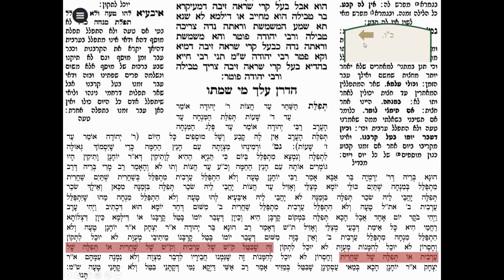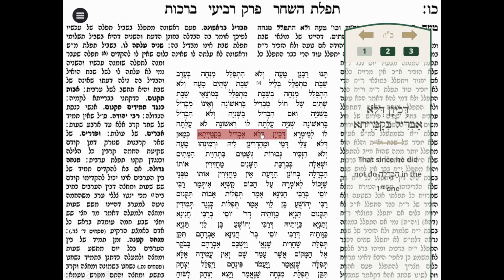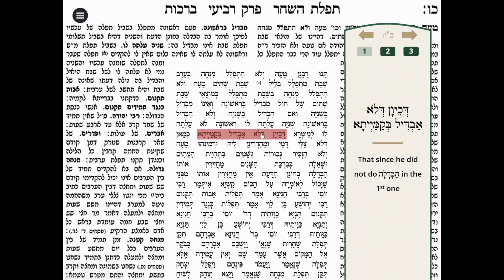Another thing you can see over here, there's an arrow, which indicates that you could go to the next Amud, Chavav Amud Beis. And again, you can do the same thing. You can go to any section. The Kavan Daloi Avdal B'Kamaisa, that since he did not do Avdallah in the first one, and bring up the